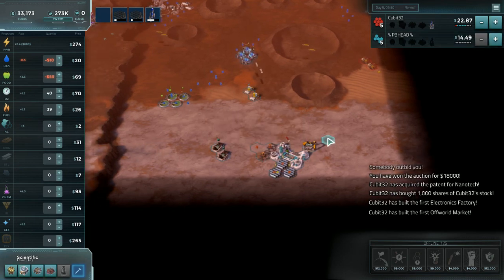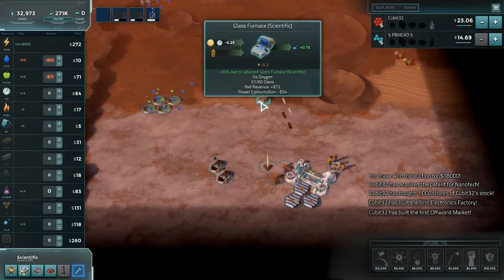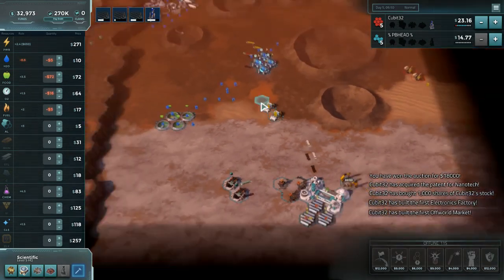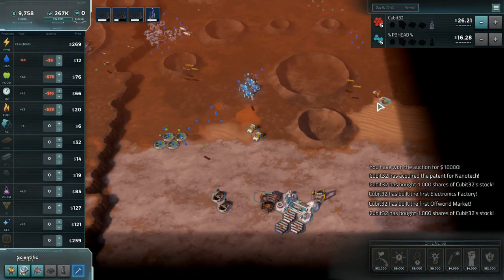Those electronic factories, boy, if they could just be rearranged a little bit. Another thing to note, PBHead still has these glass furnaces running right now. They're making money, but what if they were silicon quarries? I mean, Cubit, this silicon price is up to, yeah,